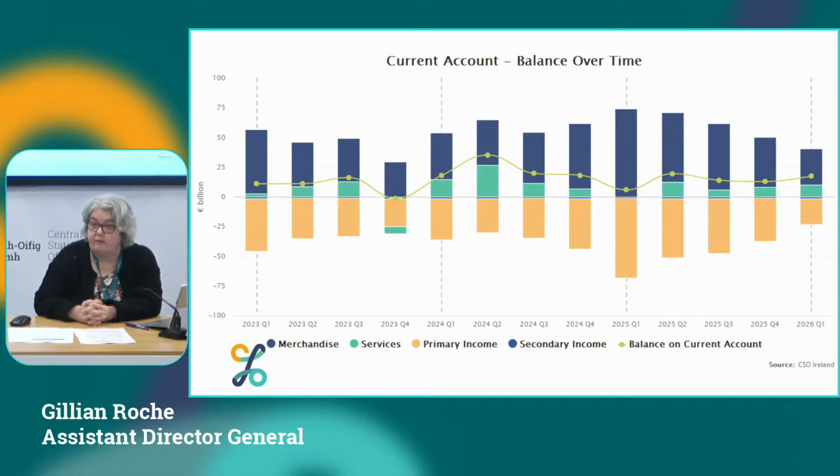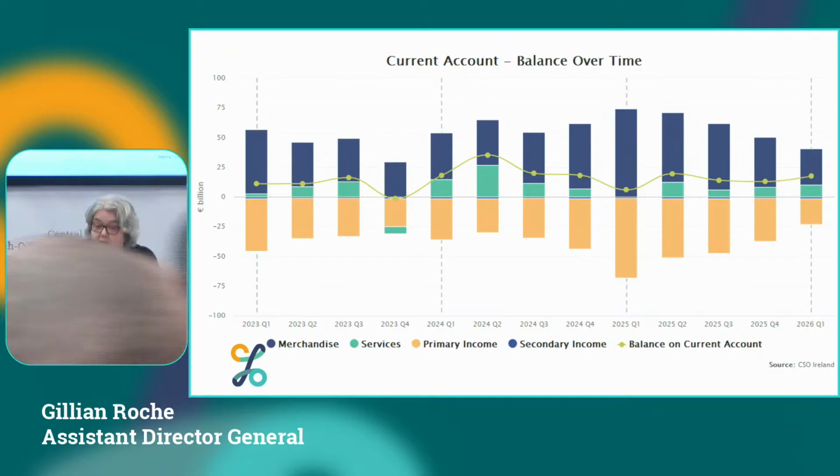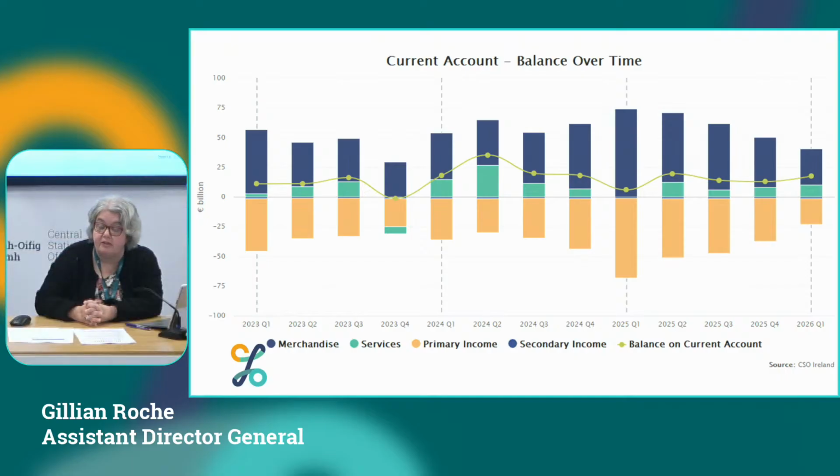Now, as was reflected in the earlier slides, the merchandise surplus has decreased significantly from this time last year. So 74.2 billion in Q1 25, down to 30.6 billion now. That high level last year was driven by those very high levels of goods exports. So we're seeing a decrease of 43.6 billion year on year, and compared to last quarter, we can see that declining trend through the year, and the merchandise balance compared to Q4 25 is down by 11.6 billion.